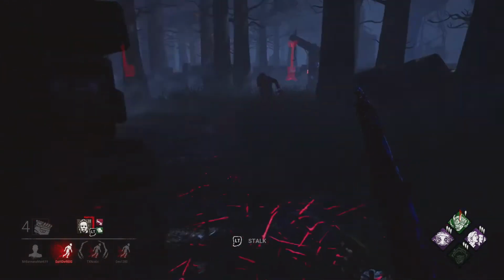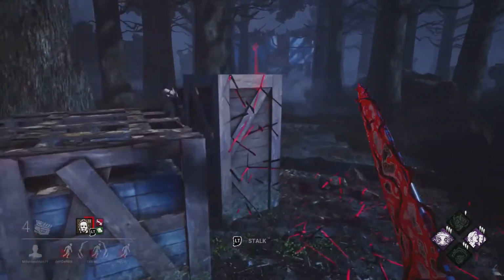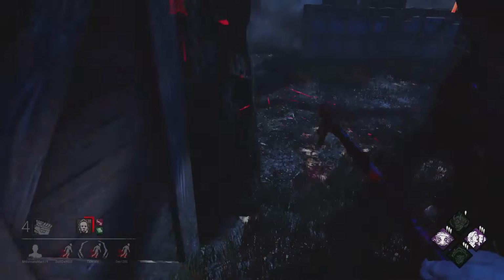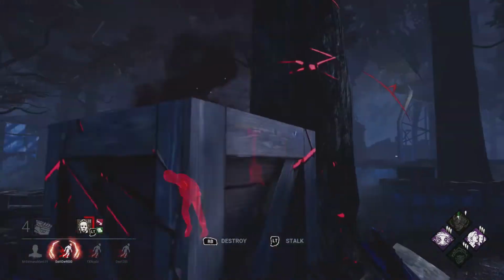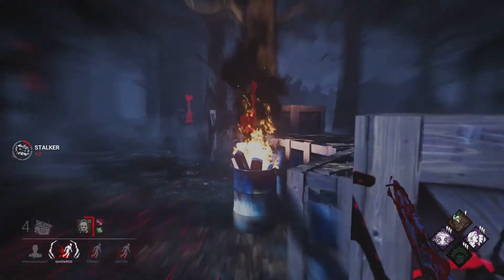This person runs to this loop over here, so I'm going to try to get them to stun me with this pallet. They are smart, they take another loop around, so... So they stun me, they're the obsession now. Now I can get my stalk on them. This is a person I haven't stalked at all this game, and